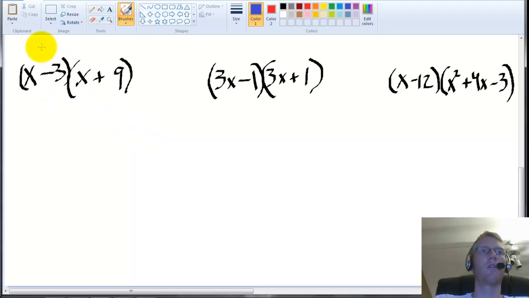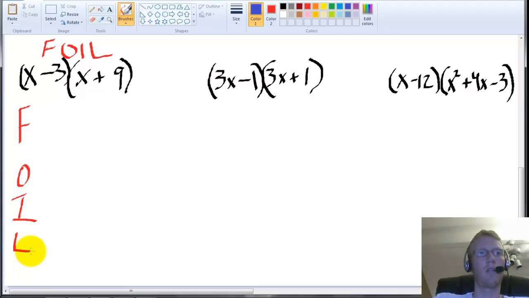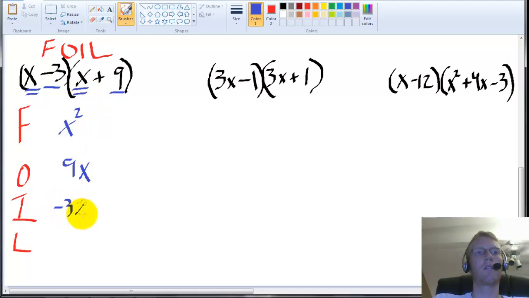We're going to do this one using FOIL. So here's my F, here's my O, here's my I, here's my L. So first is going to be x times x, which is x squared. Outer is going to be x times 9, which is 9x. Inner is going to be negative 3 times x, which is negative 3x. And last is going to be negative 3 times 9, which is negative 27. Okay. Now I add up these guys,